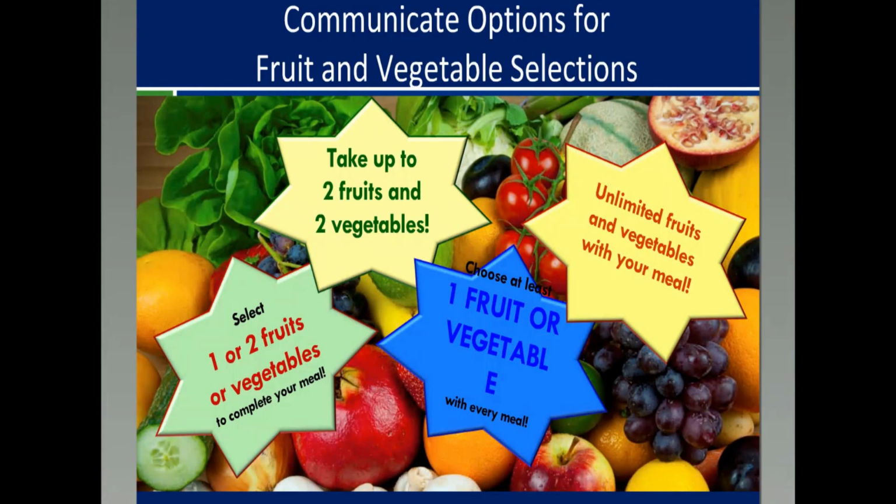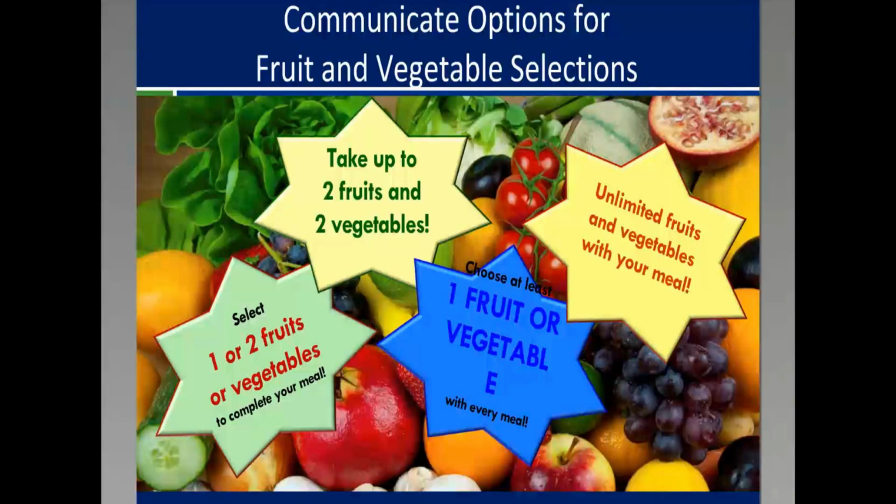When implementing offer versus serve, we want to ensure that the students are understanding what they are able to select. For example, you might want to let the kids know that they can take up to 2 fruits and vegetables if you've planned your meals that way. On the right-hand side, you see unlimited fruits and vegetables. You might put this sign to demonstrate a long weekend coming up and you want to allow students to take an unlimited amount so that it doesn't get wasted over a long